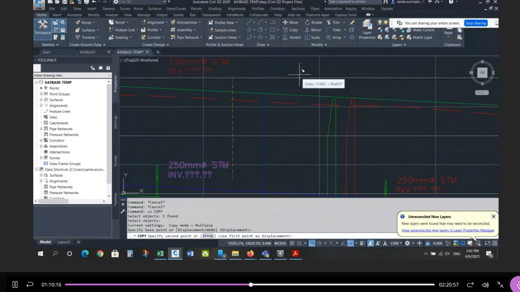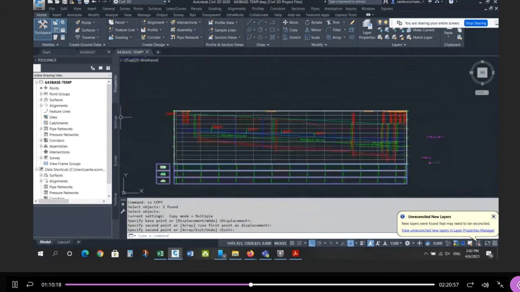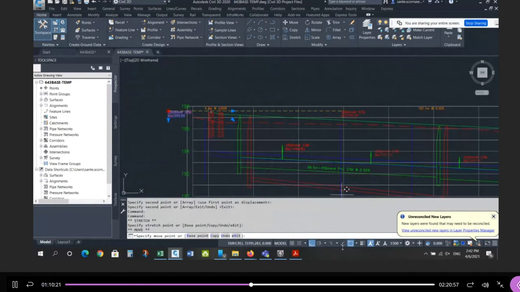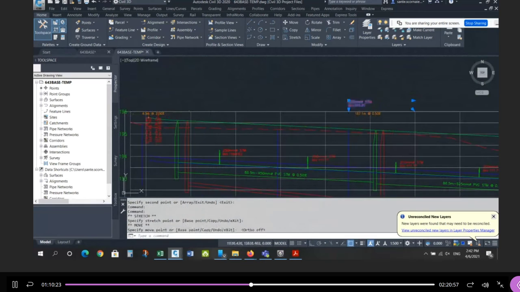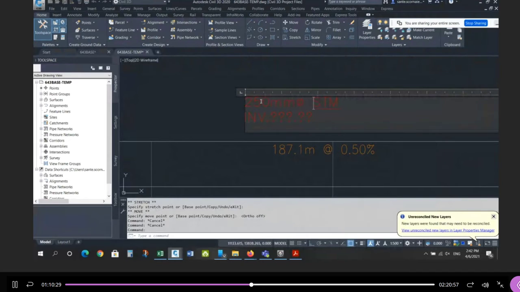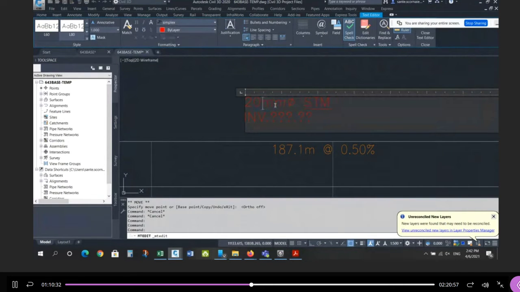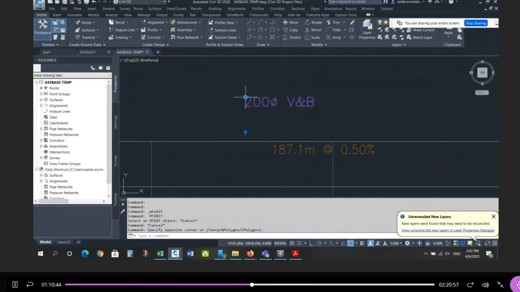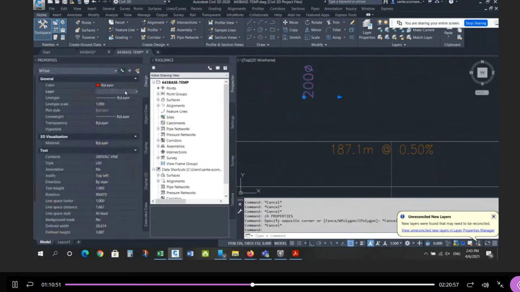I'm going to make a copy of this text, put it on the appropriate layer. My O snaps are causing me grief. So this is a, let me see, 200 diameter V and B. 200 diameter, whoops, percent C, V and B. Turn it up on its side, 90 degrees. Put it on the appropriate layer. So it would be on the water main